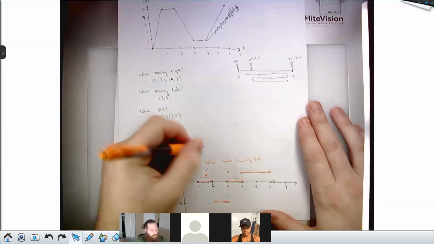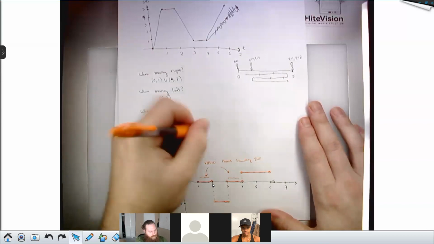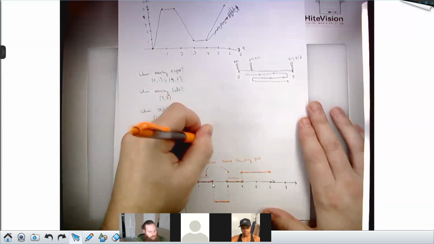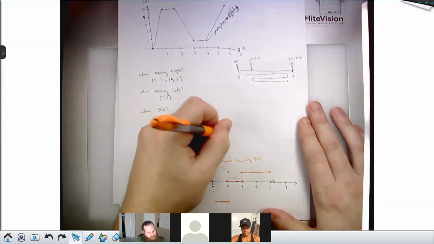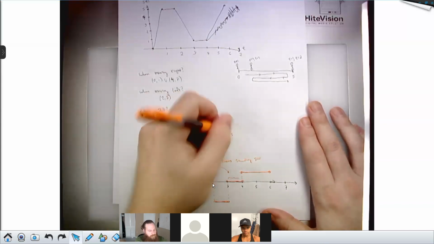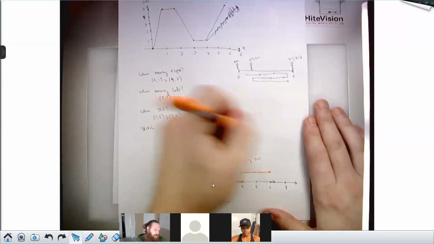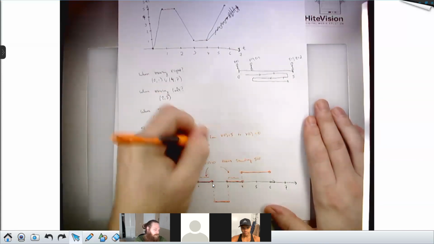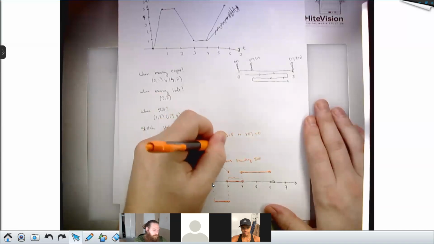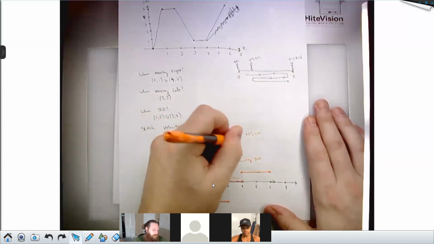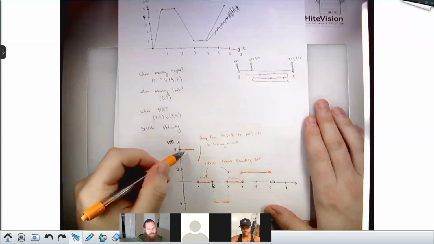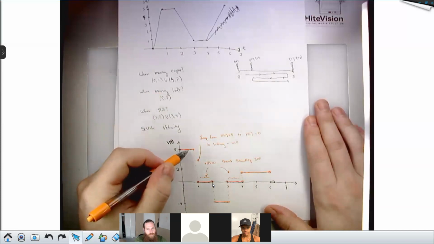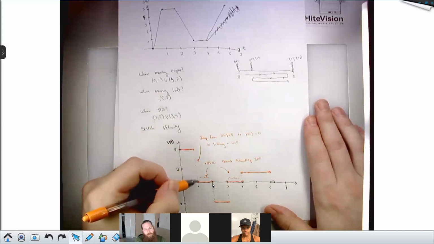And then the jump like this, from v of t being up here at 5 to v of t being down there at 0, is like hitting a wall. I'm running to the right at 5 meters per second everywhere here. My speed is constant, and then smack, I hit a wall. And when I hit that wall, my velocity goes to 0. I am no longer moving, right? I am unconscious on the ground for about a second.